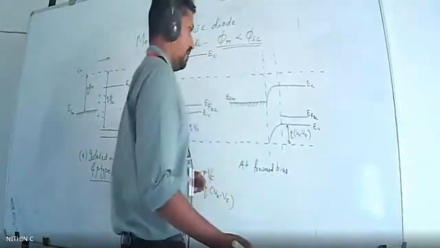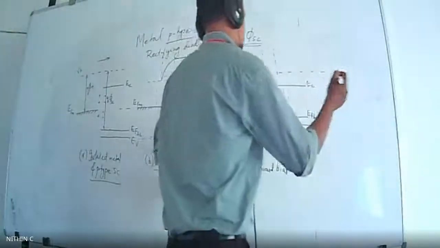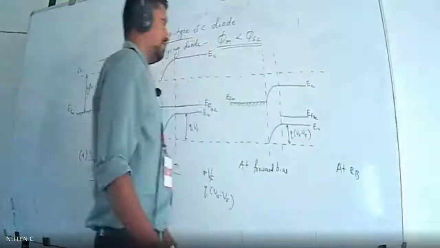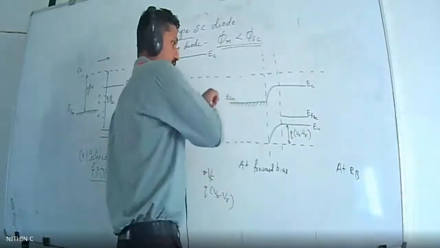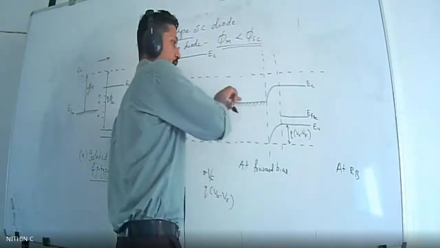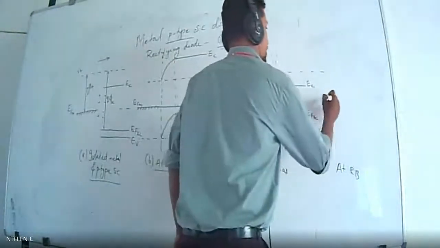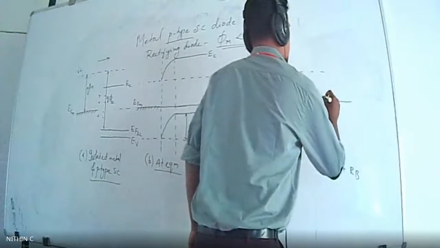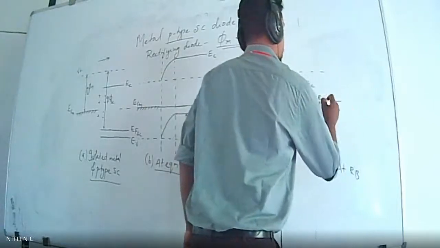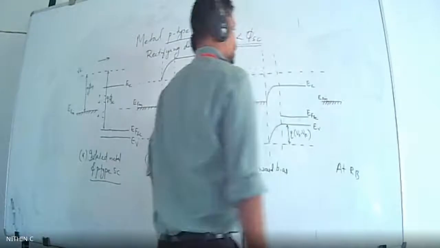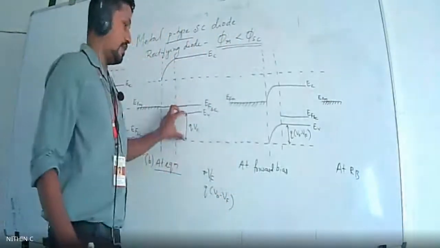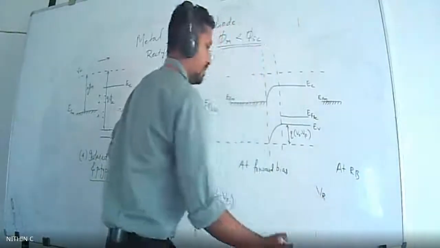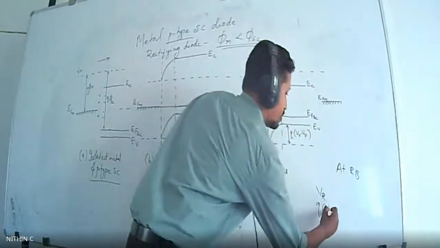And I'm going to draw the final one, that is reverse bias. At reverse bias, please note, this energy band level, that is the Fermi level of the metal, will be the same. We take EFM as common, or as the reference level. So that will be on the same line. I'm drawing EFM over here. So what will be the condition? This distance, that is QV0, has to increase. If we are applying VR as the reverse bias voltage, it will be Q into V0 plus VR.